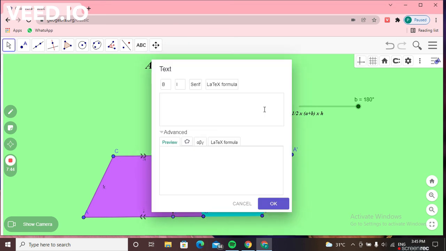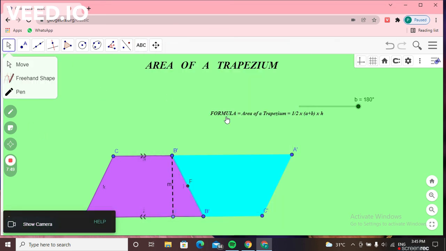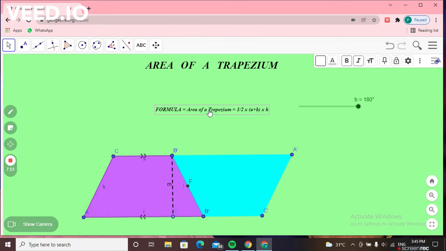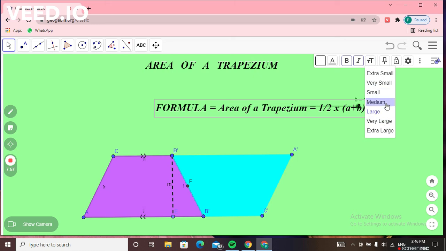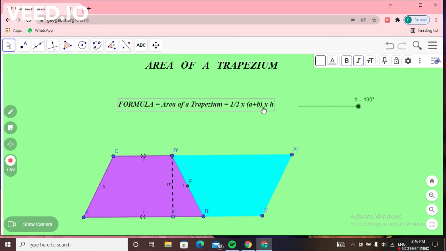That's it. And our formula is ready. And we will increase the size. Area of a trapezium. Thank you.